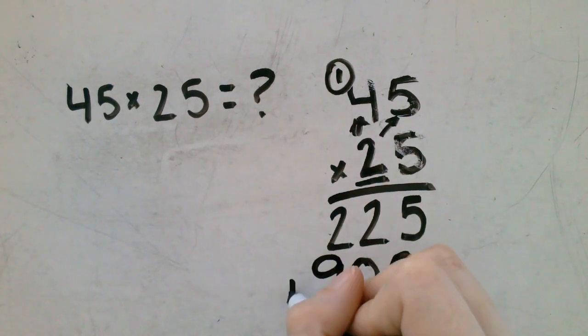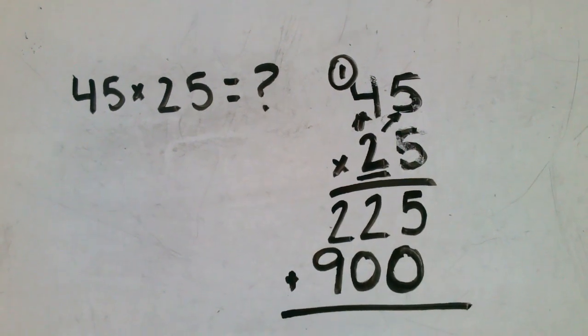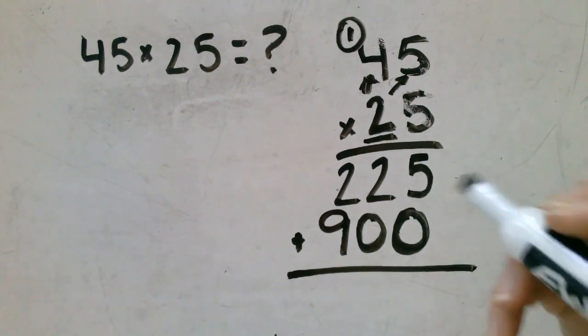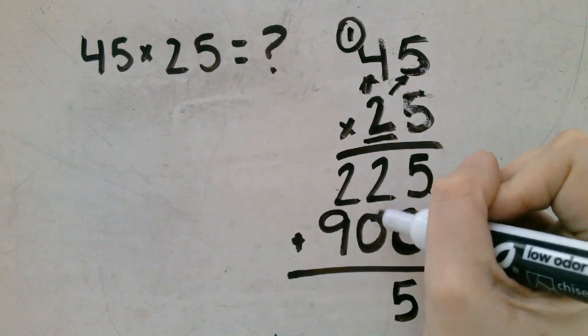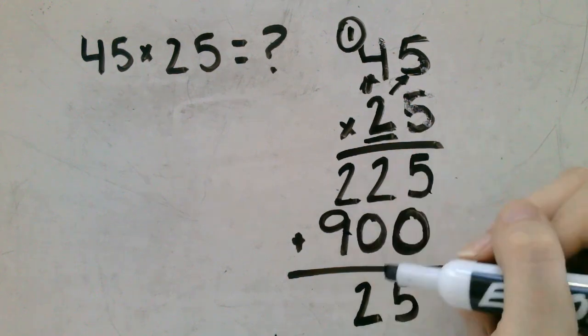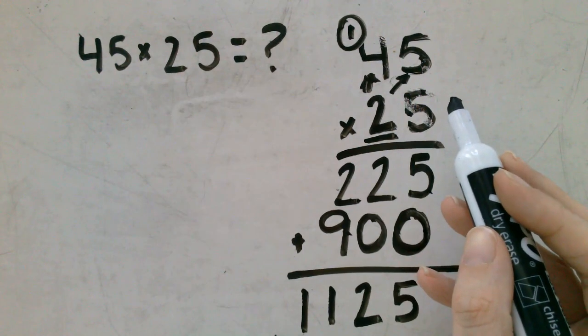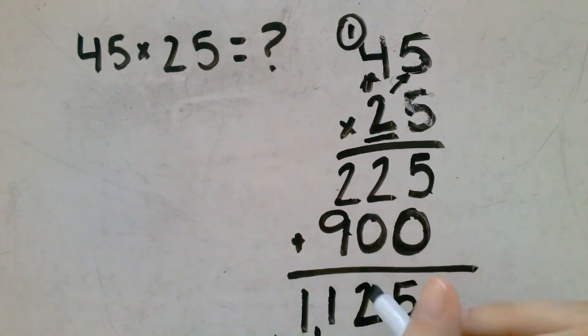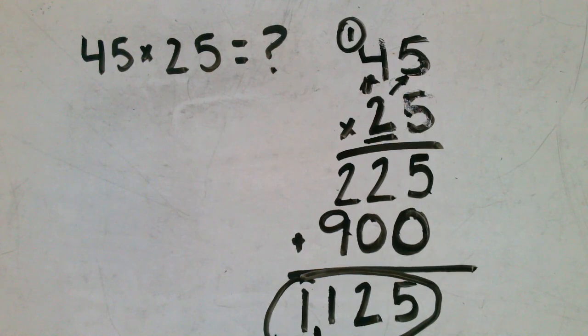Nice, mathematicians. Now we have two numbers that we need to add together. This is the final part of the standard algorithm, and this is where we'll get our final answer. Let's add. 5 plus 0 is 5. 2 plus 0 is 2. And 2 plus 9 is 11. So 45 times 25 is 1,125. Nice job, mathematicians. I am going to give you 4 more math problems for you to try on your